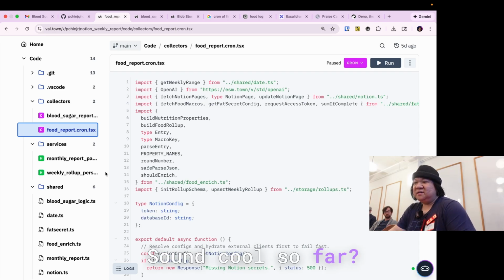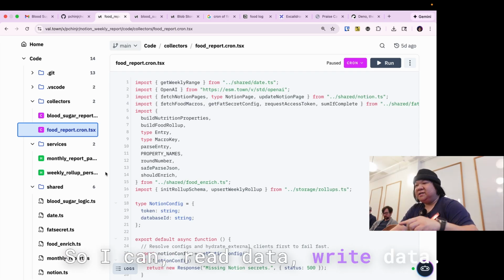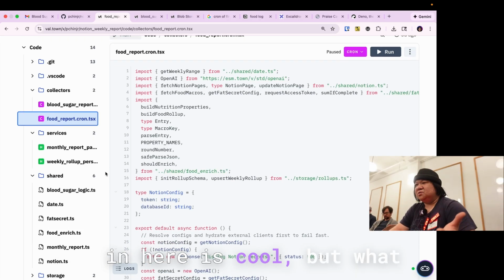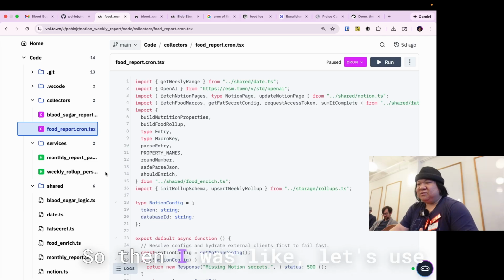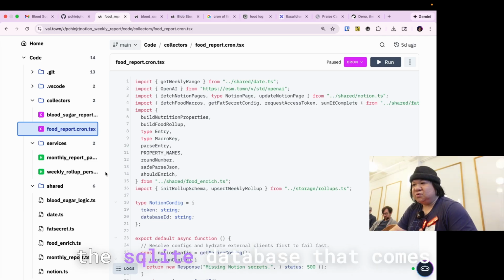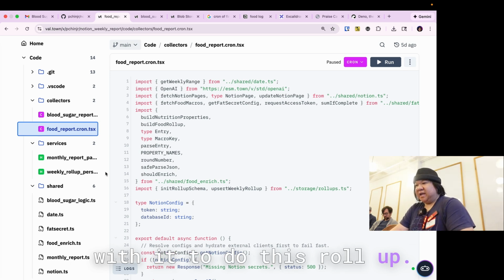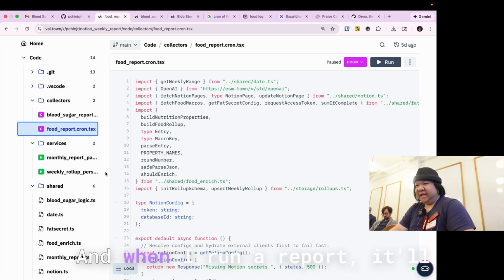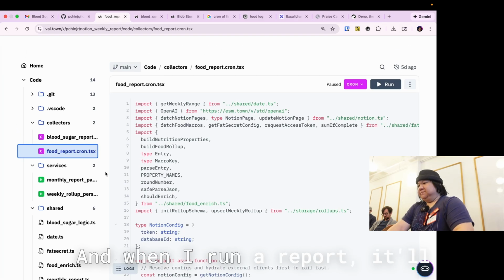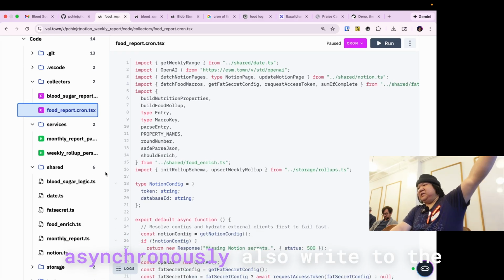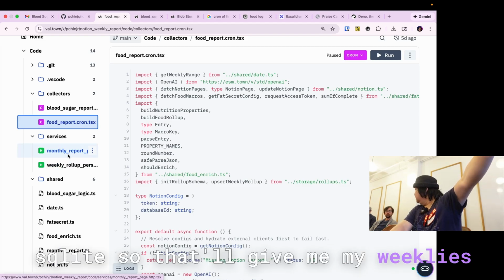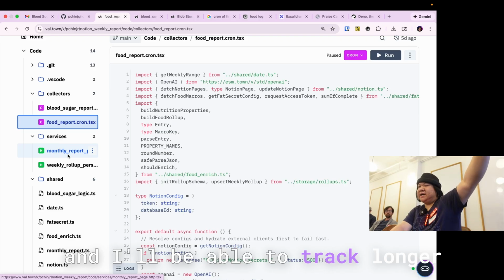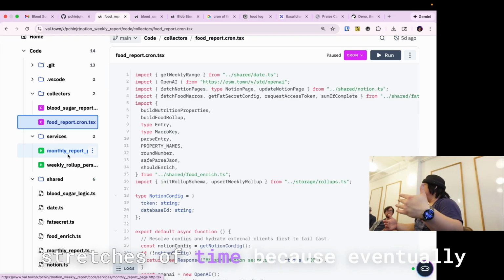Sound cool so far? Yeah, so I can read data, write data. Then I was like, having this in here is cool, but what if I wanted more insights? So then I was like, let's use the SQLite database that comes with it to do this roll-up. And when I run a report, it'll asynchronously also write to the SQLite. So that'll give me my weeklies. And I'll be able to track longer stretches of time, because